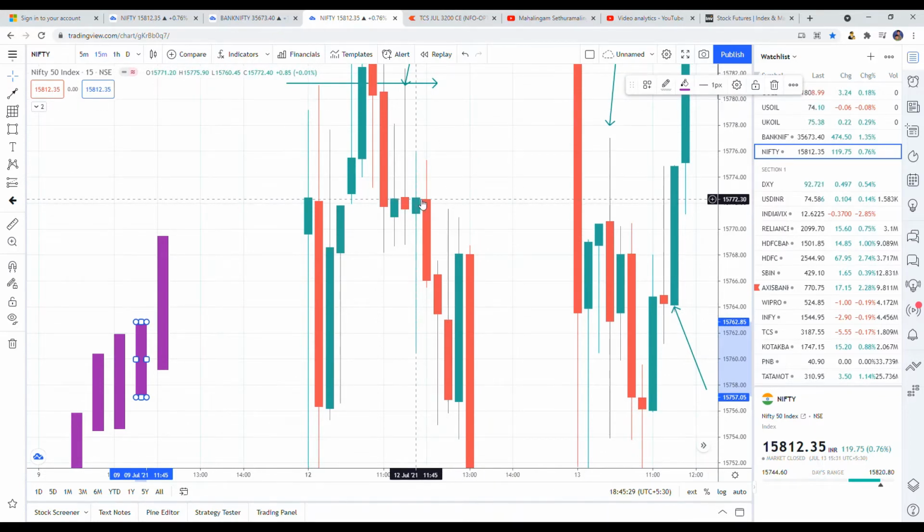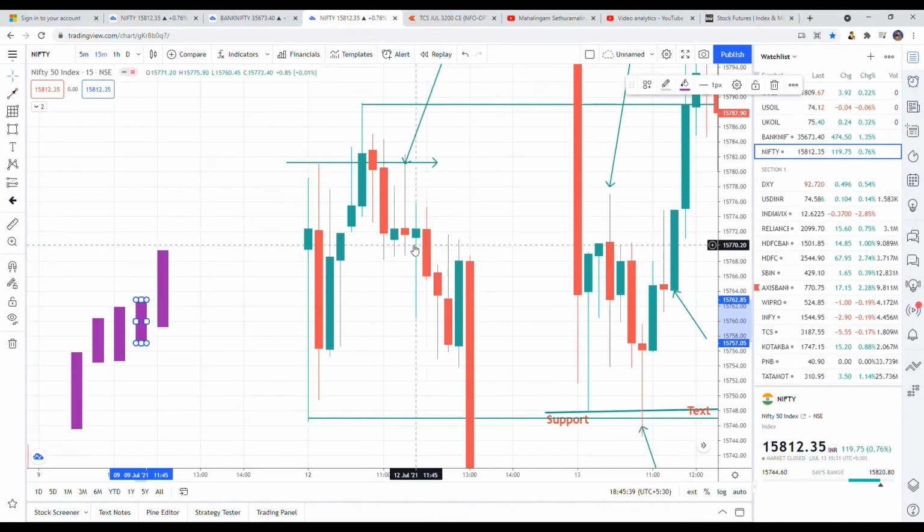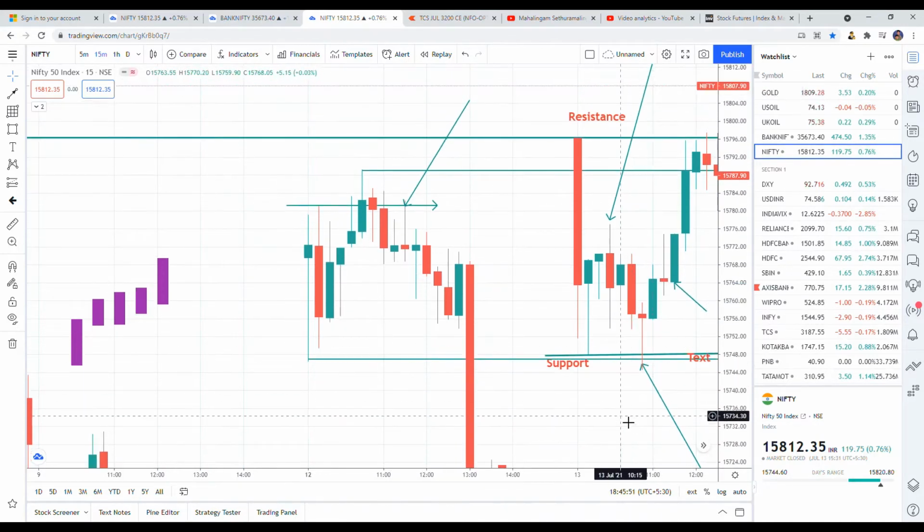Close somewhere here, so it's mildly close below its previous candle. All these 3 candles give you a confirmation that yeah, price moves in the downward bias. Moreover, you can see this long reverse doji candle, which will help you to identify the direction of the market. Okay, this is a MACD chart.